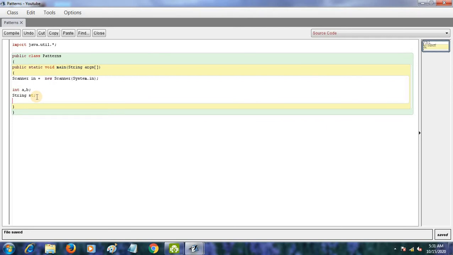Now first we want the user to enter the word, so we will display a message for him. So we will write system dot out dot println.